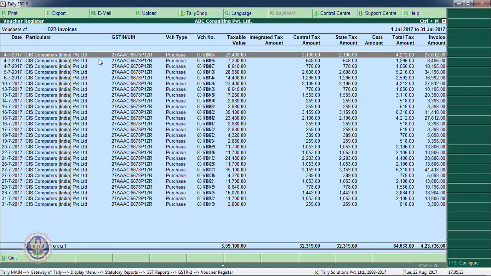As all of us know, we need to put bill-wise information and HSN code-wise information in GSTR1 and 2. This information will be captured by Tally during data entry, and it will be transferred to the Excel file without any hassle, without any difficulty. It will be transferred very easily.